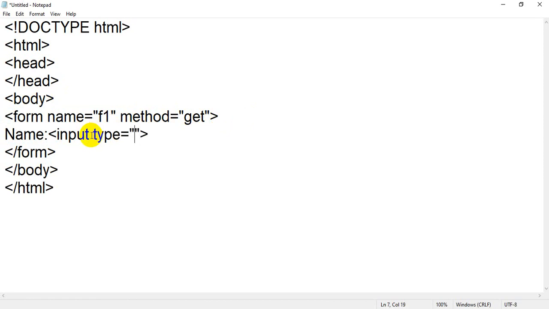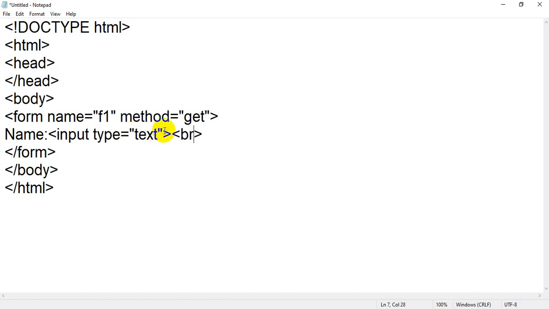Okay, type is an attribute of the input tag which we are learning from the first lecture. Okay, so please be focused on what is input type. We have learned at least 10 to 12 input types in this lecture. Input type equal to, I will take text. This is the default type of text. Okay, then I will just add one br.